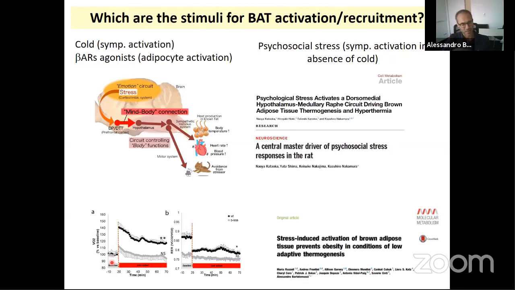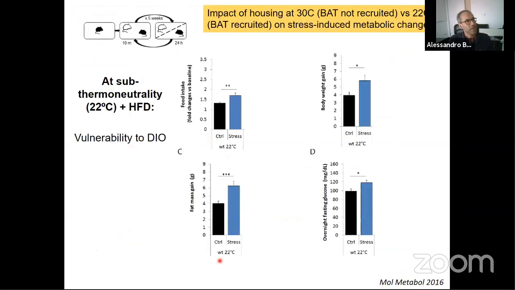So we have animals in the calorimetry, and we measure energy expenditure before and after the social defeat. We cannot do it during, because of course we need only one animal in the calorimeter. And so what you see is this very massive increase in VO2, for example, right after the social defeat. This is 10 minutes after, which is completely blocked in the beta-less mice. So beta-less mice don't have beta-adrenergic receptors. Their thermogenic response is gone in response to this social defeat.